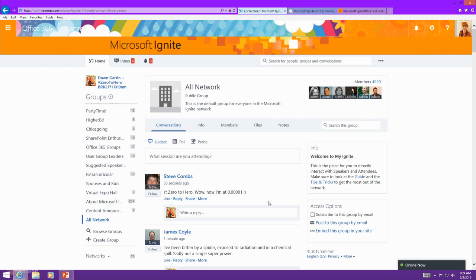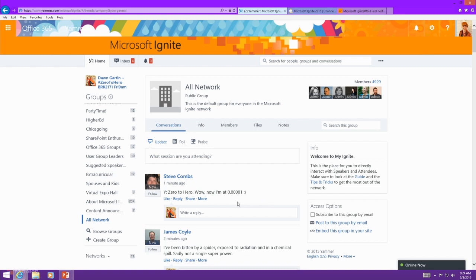In fact, just this morning, I did it myself. I was making the post, John and I, and our picture for crowdsourcing. I was on my mobile app, but I hadn't swapped over to the Zero to Hero group. I was in the Speakers at Ignite group. So I posted it there, and I was like, oh, that is not where I want it. So there is no move. I can't move the post. I can delete it, which is what I did, and put it where it belongs.